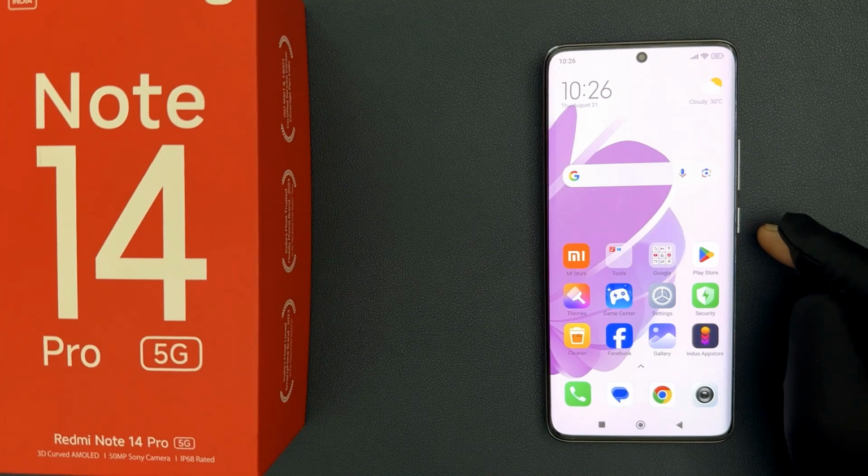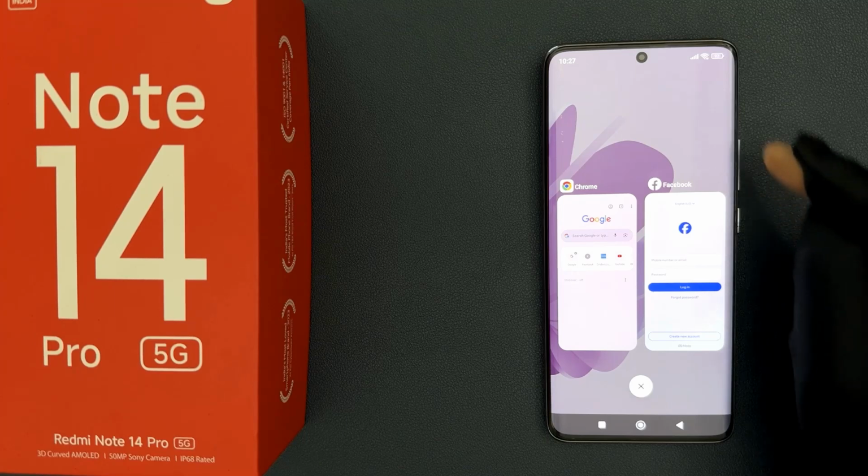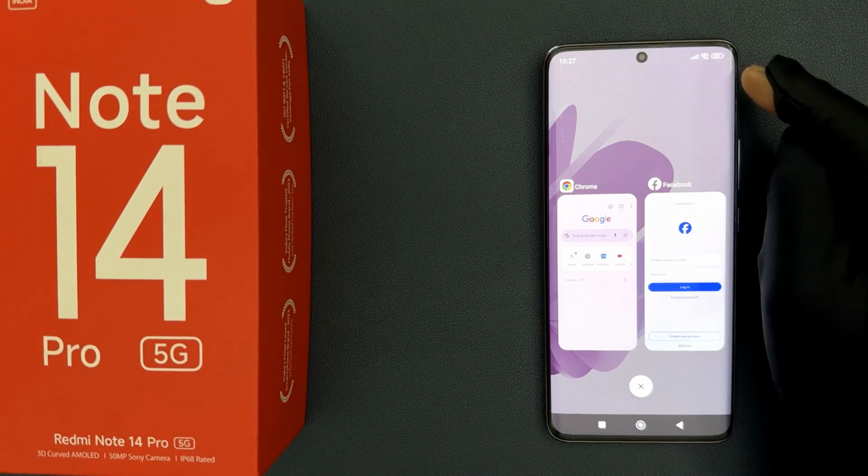Hey guys, in this video I will show you how to fix missing memory status on recent apps screen in Redmi Note 14 Pro 5G. So let's start. So if I go to my recent apps screen, you can see the memory status is missing